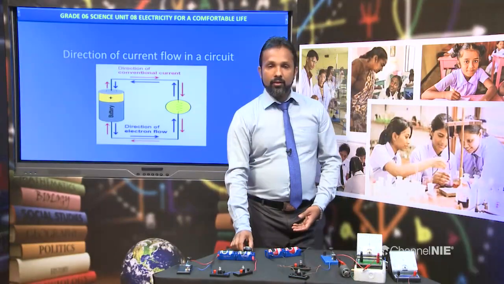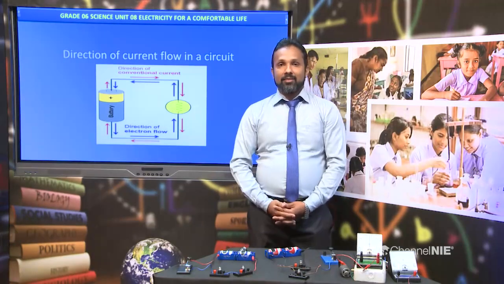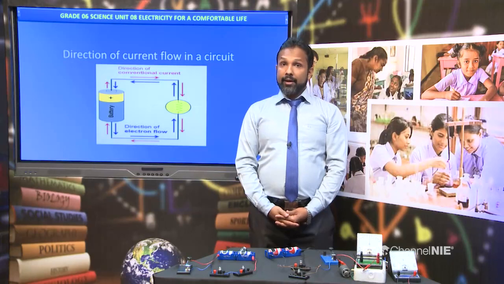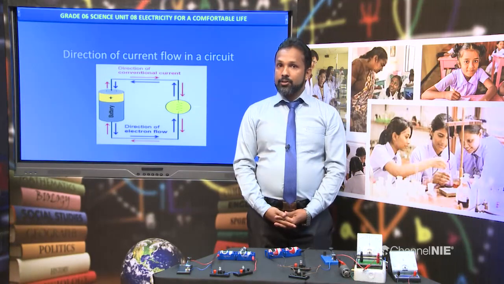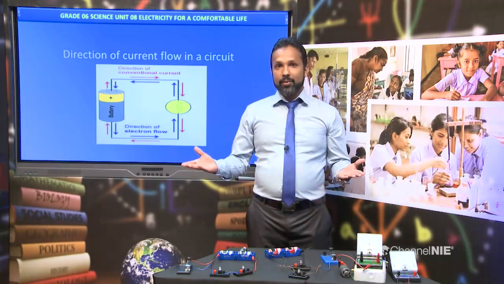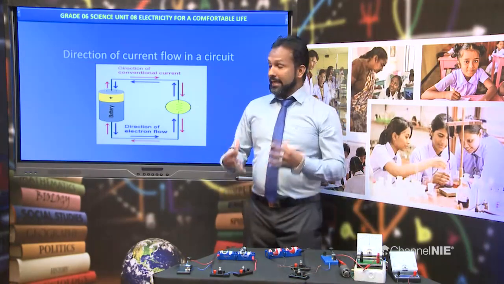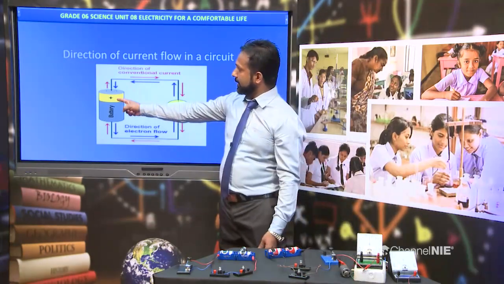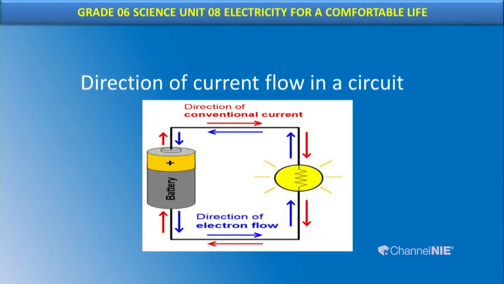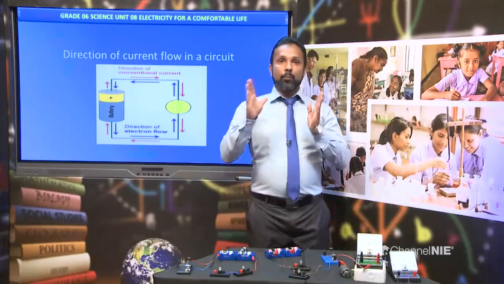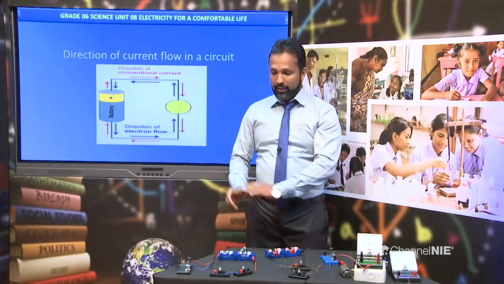Now my dear children, when you think about the simple circuit, you should understand the flow of current. Do you know? A dry cell consists of two terminals, negative terminal and positive terminal. Electricity flows from the positive terminal to the negative terminal. So electrons inside flow from the negative terminal to the positive terminal. You have to keep in mind the direction of flow of current is positive terminal to the negative terminal.